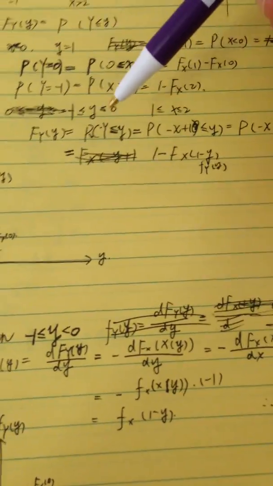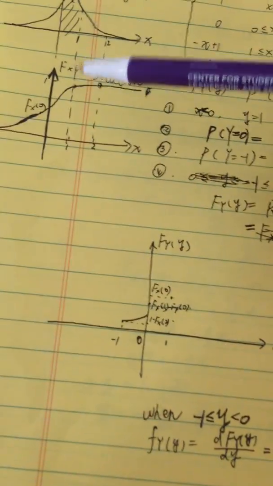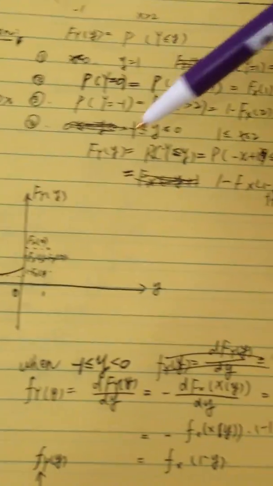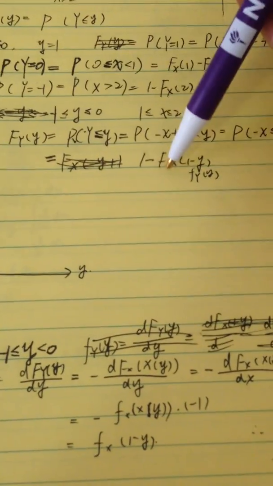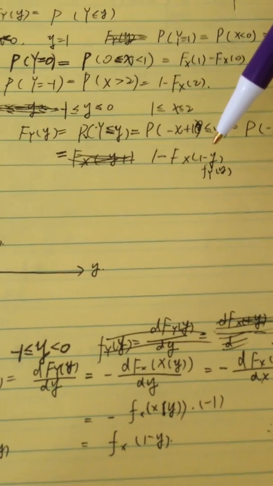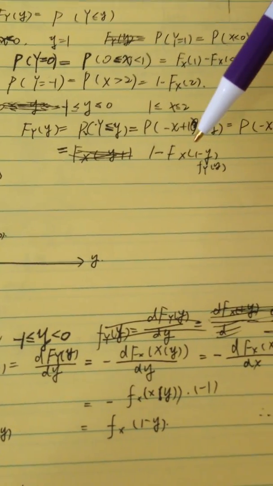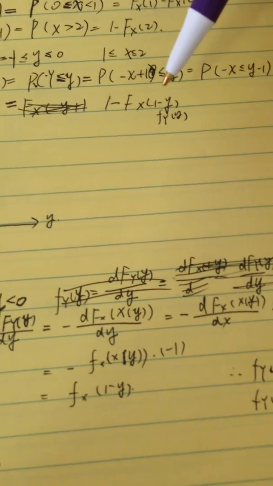And the last equation is a kind of shifting function. We just use the shifting of FX(x) to FY(y). We can see that FY(y) equals 1 minus FX(1 minus y). So we first find out what is the